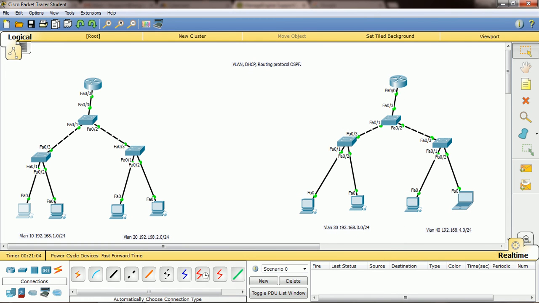Now in this topic we are covering all the VLANs, how to create them, how to apply the VLAN to interfaces, how to create DHCP in the router, how to create the DHCP pools, and how to give the default router IP. Everything we are looking at in this configuration.